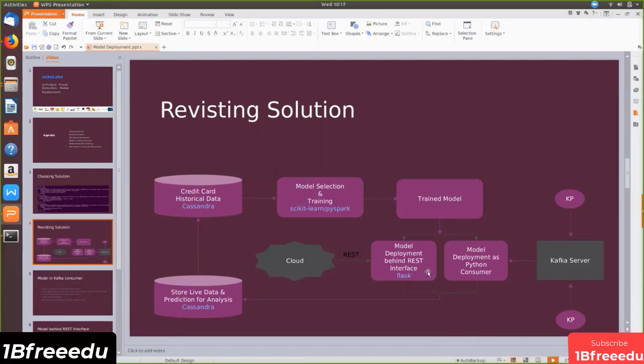After that, we'll try to deploy the selected model behind a REST interface. We'll use Flask to create this REST interface, and the prediction there also will be synced with Cassandra. That's the agenda. So in the next 2 videos, one will integrate the trained model with Kafka, and the next will integrate the trained model with a REST interface, and that will be the end of the series. Let's see in the next video how to integrate with Kafka and what the different components are.